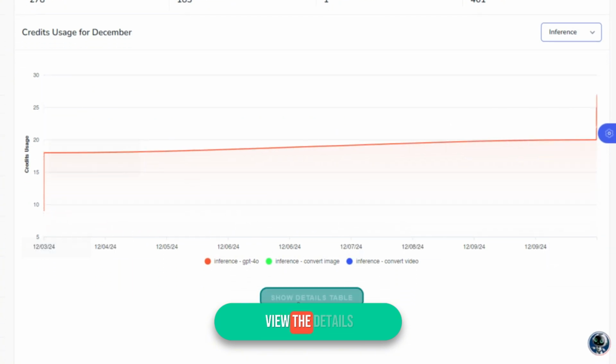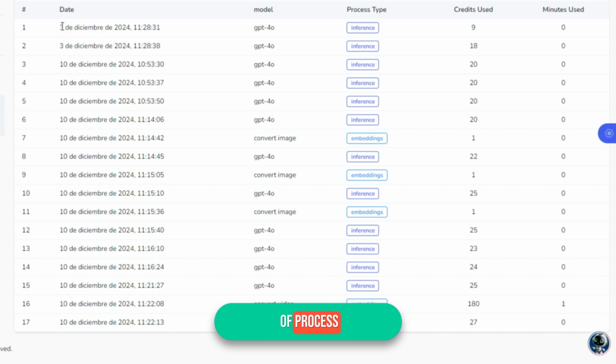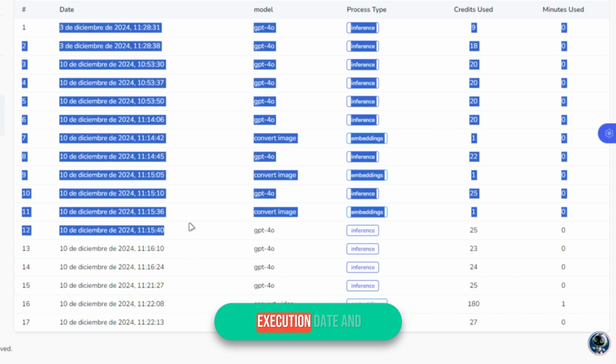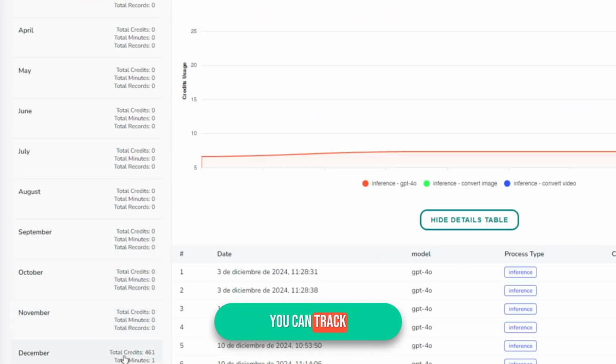Lastly, you can view the details table, where all credit usages are logged, including the type of process, the model, the execution date, and time. By understanding this section, you can track the tokens you use on the